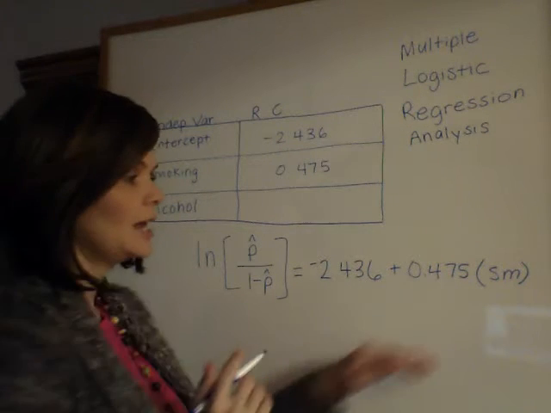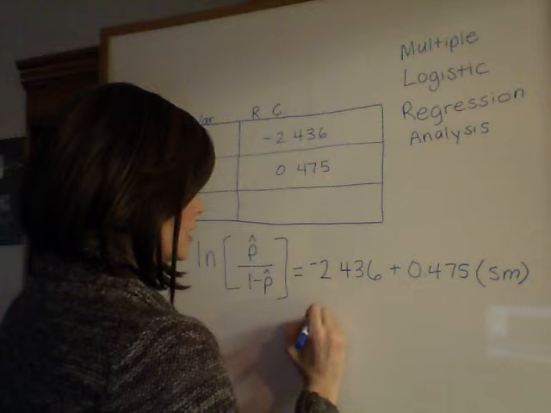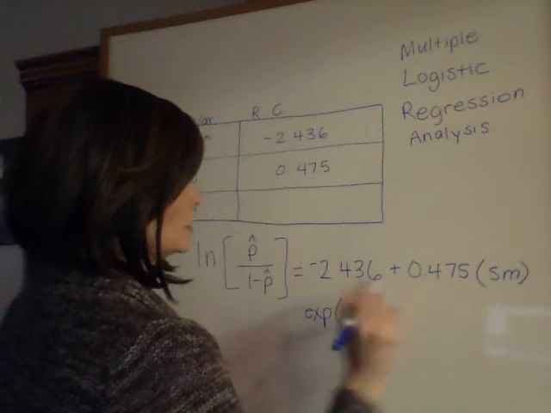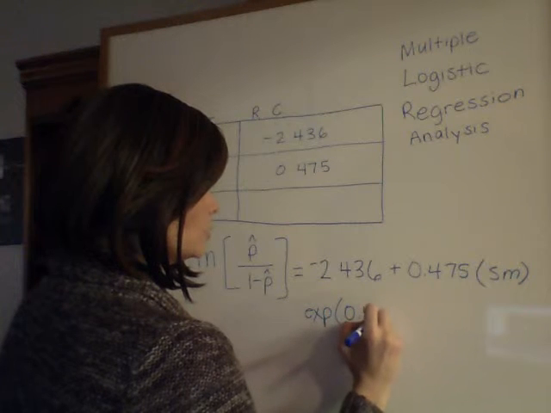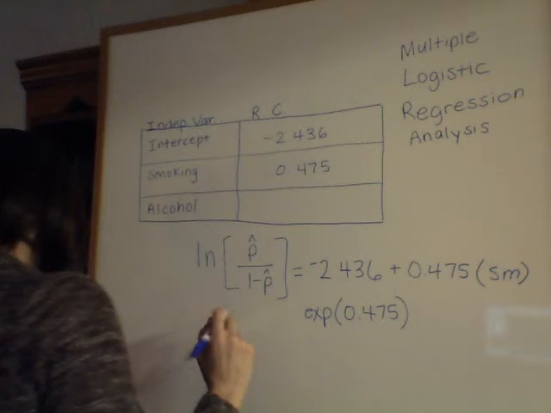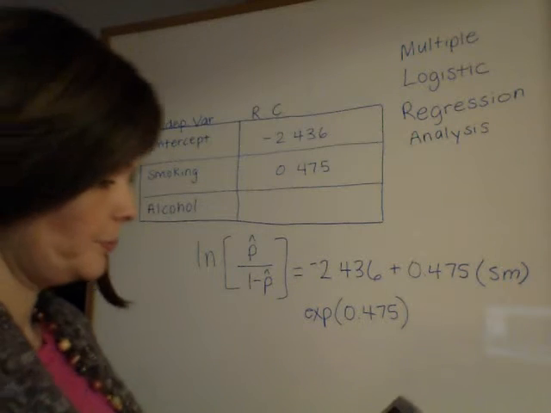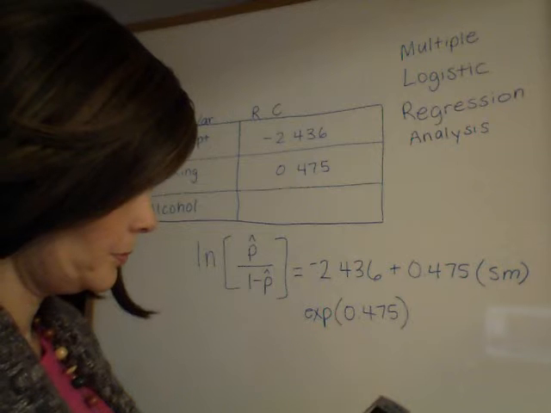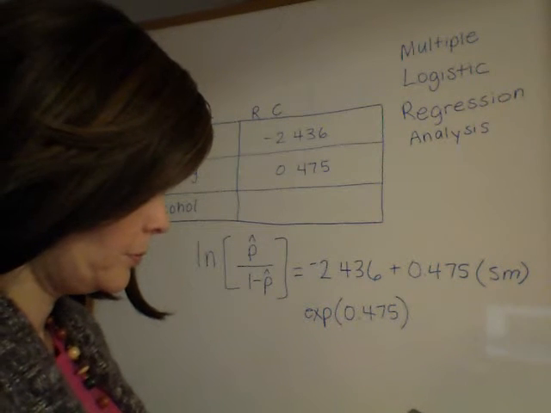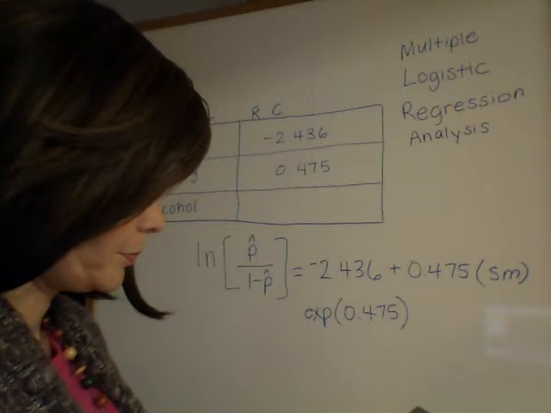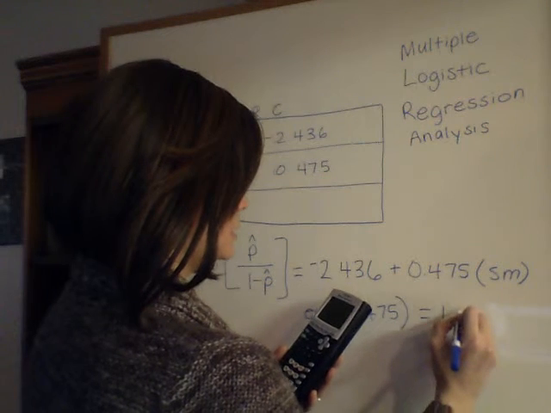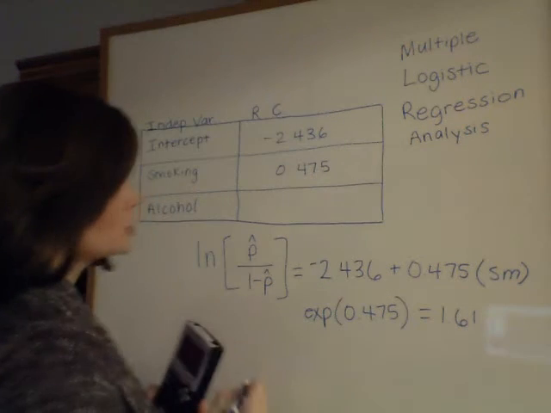So to get it, we simply take the antilog of the smoking coefficient, which is 0.475. So I'm going to take my calculator. And I get 1.61. So smoking